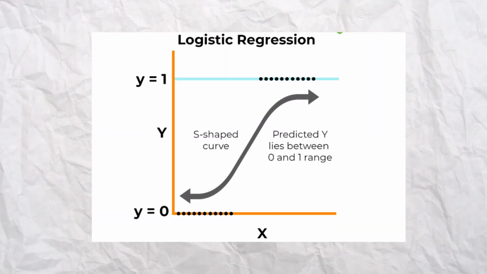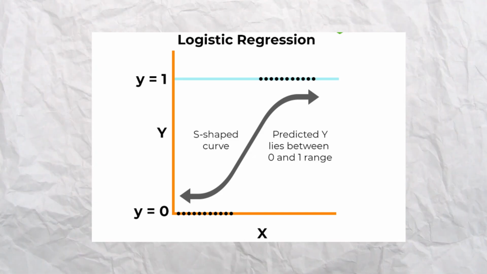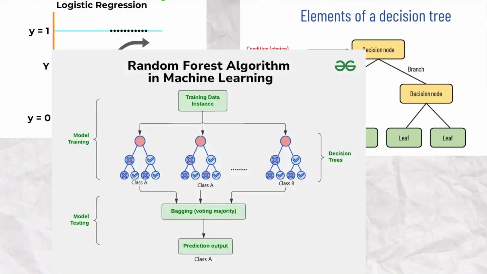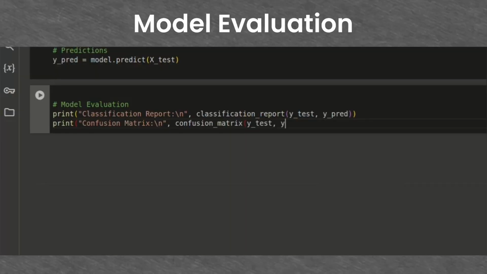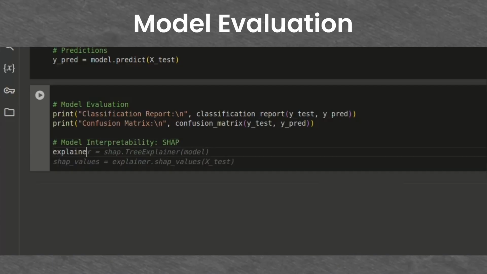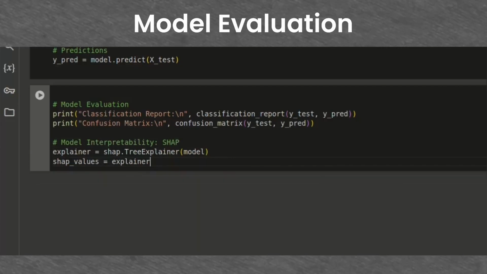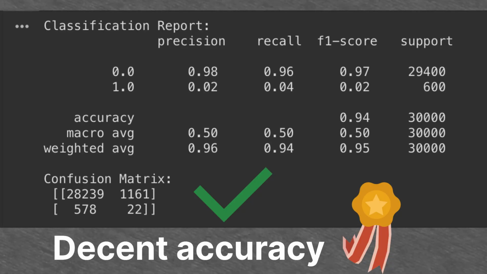Now the most exciting part, model selection. Which model do we select to train and predict which transactions are fraud or not? We have to try different classification algorithms such as logistic regression, decision tree, and random forest, and choose the model that performs the best on the given dataset. Now we will be using appropriate metrics like precision, recall, F1 score, and confusion matrix to see how accurately our model is performing. This entire process was very interesting and amazing,